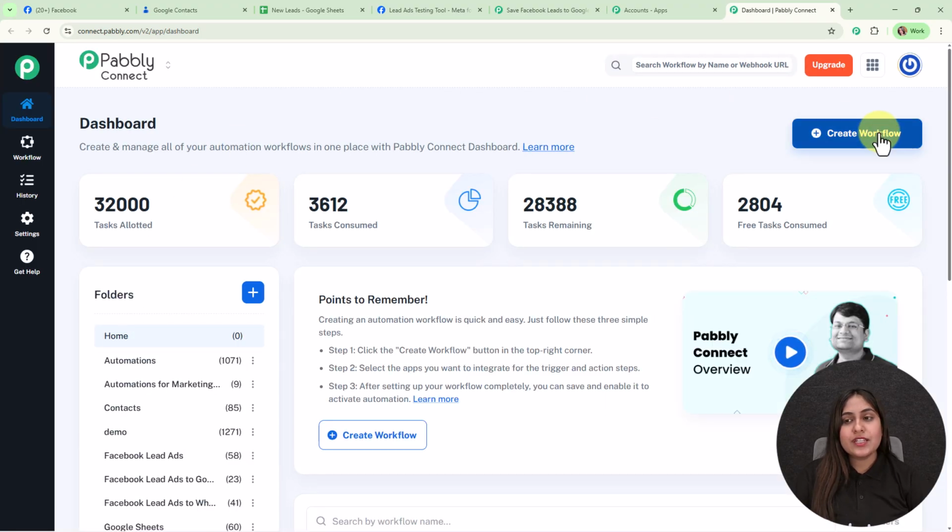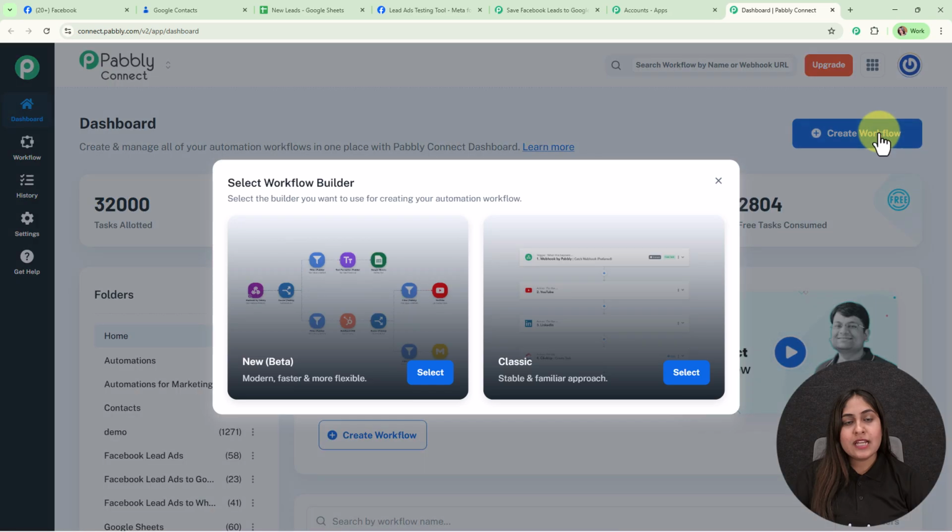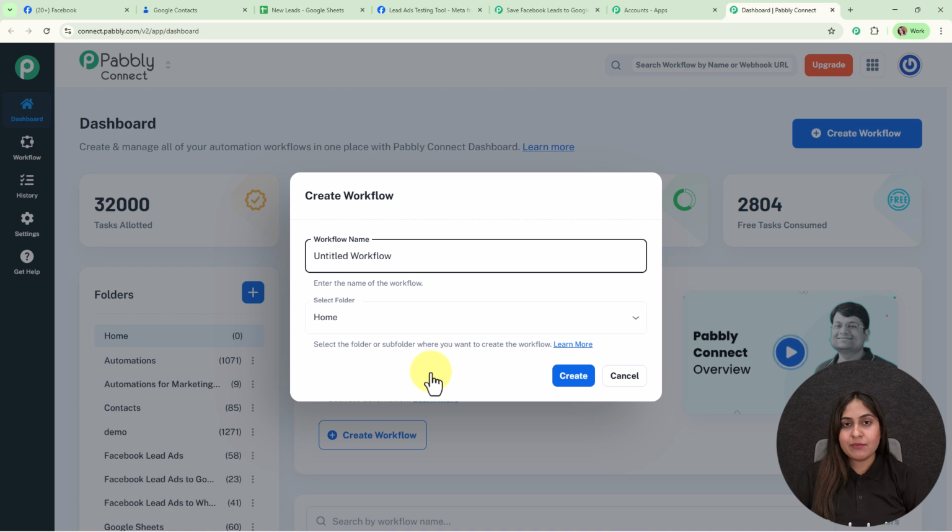Now here to build a new connection, we are going to create a workflow first, and it is asking for the workflow builder. So you can see two options. One is new beta and another one is classic. Beta version is modern, fast and more flexible, whereas classic one is stable and the familiar approach. So in this video, we are going to use this beta version by clicking on the select button,